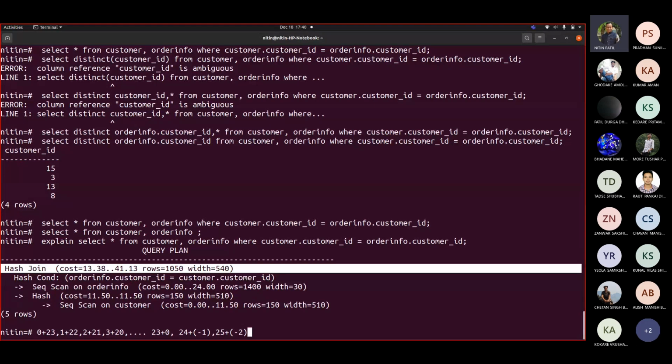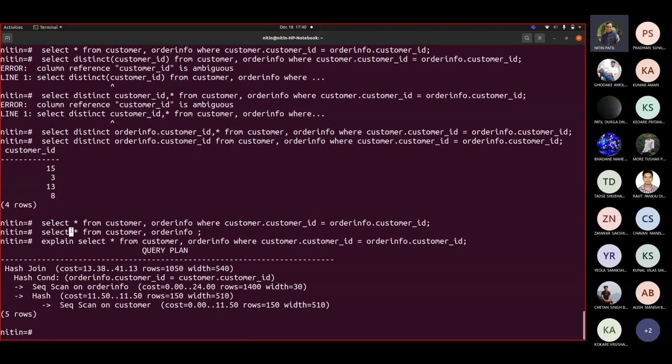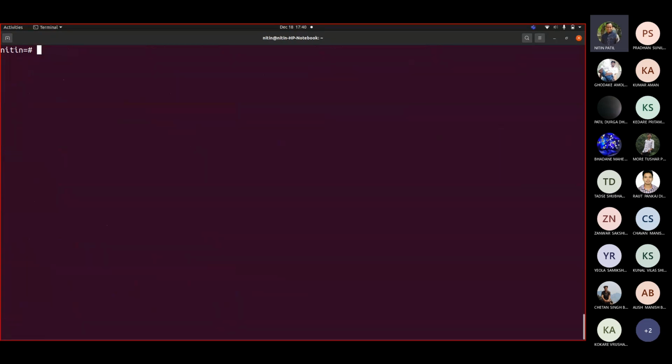So we know that, but if I take both of them to be negative, I would be getting a negative value as a result. But my result was positive 23. That means what? Whenever a query is executed, there should be multiple plans. So what are the different plans? Let us try one by one.